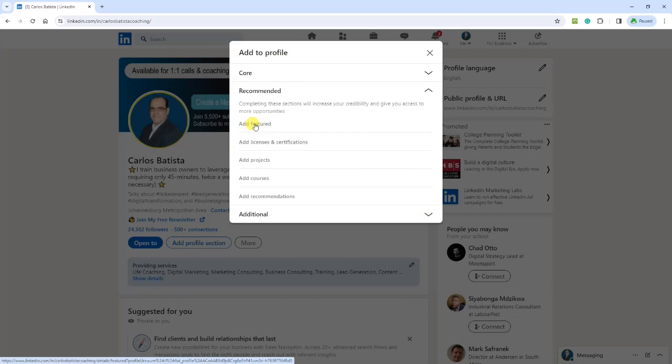Now, before you do that, make sure you've got something to put in your featured section. Otherwise, if you just click on there, activate it, and don't put anything in, it actually isn't visible until you put something in. So it could be a link to your website, to your newsletter, or to your online booking